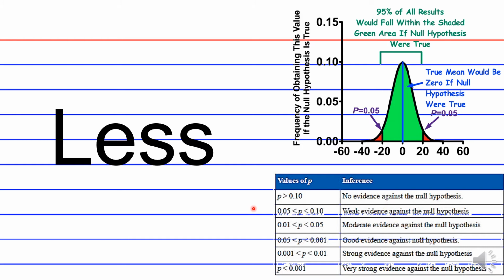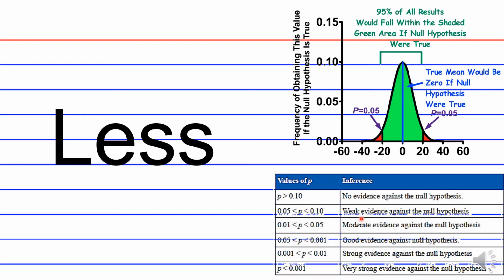And if you got that part, let's just review p-values. So basically, the smaller the p-value, the stronger a conclusion you can make. So if a p-value is greater than 0.1 or 10%, there's no evidence against the null hypothesis. If a p-value is between 5 and 10%, then there's weak evidence against the null hypothesis. If the p-value is between 1% and 5%, there's moderate evidence against the null hypothesis. If the p-value